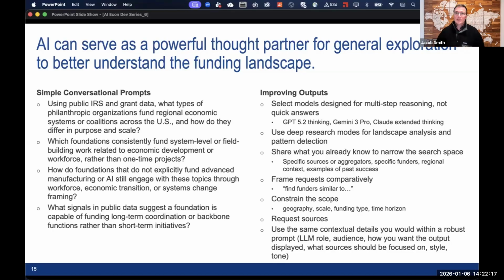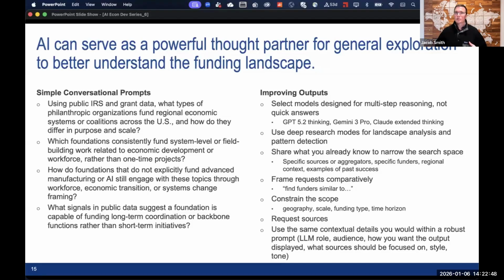We've talked about the importance of context. If you have information that you think is relevant to the particular ask that you have from the tool, make sure you're sharing that. Thinking about, in that same vein, providing similar organizations in this particular case. If you want to find an organization that's similar, maybe they don't have a funding opportunity available, but maybe there are others that might. And these models really have been trained on the entirety of the internet.